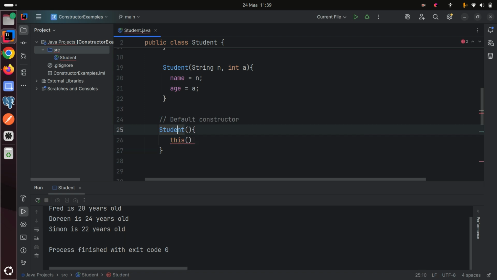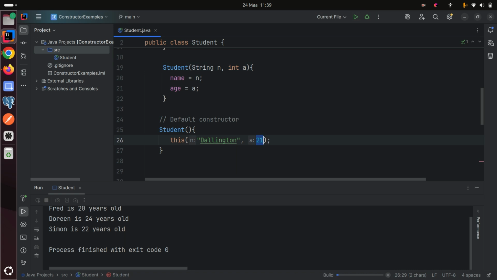When you say this, you're calling a constructor. So in this case, I can call this one that takes in both the name, the n, and age. So I can say maybe Darlington, and maybe 21 years old. Meaning that this default constructor is calling this constructor, the one which takes in the name, the n and a. Okay, and if I remove this,